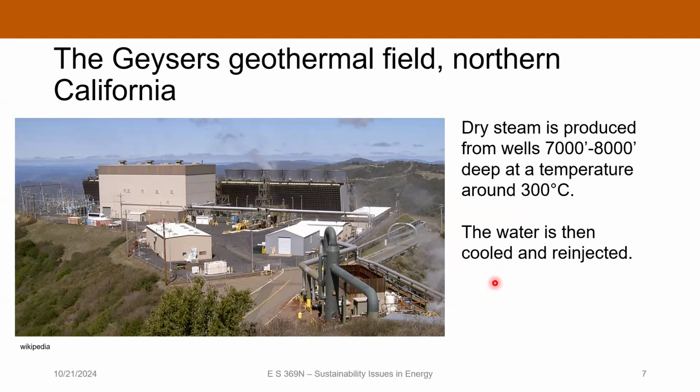So if you inject 60 or 80 degrees Celsius water into a 300 degrees Celsius reservoir, that is a substantial temperature difference. And you can cause this phenomenon called thermal shock, which is where you actually mechanically destabilize the rocks,